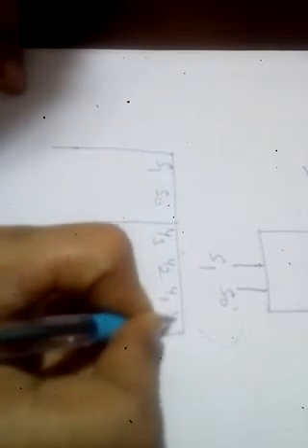Selection lines S1 and S0, and outputs y3, y2, y1 and y0. For 0 0, input will be connected to y0. For 0 1, input will be connected to y1. For 1 0, input will be connected to y2, and for 1 1, input will be connected to y3, and the rest will be 0. So from this truth table we can directly implement the boolean function for each output.